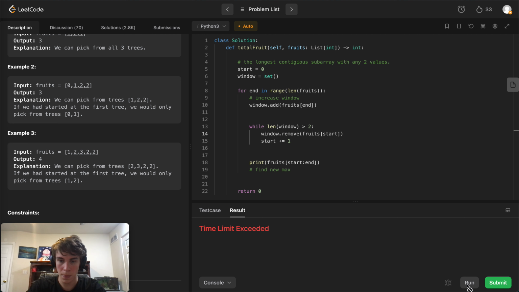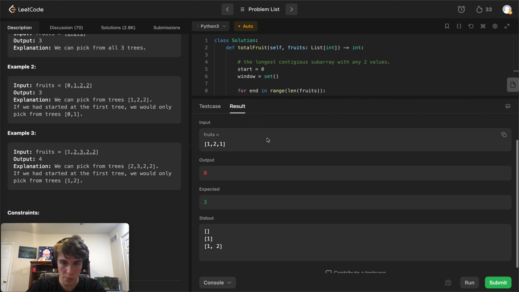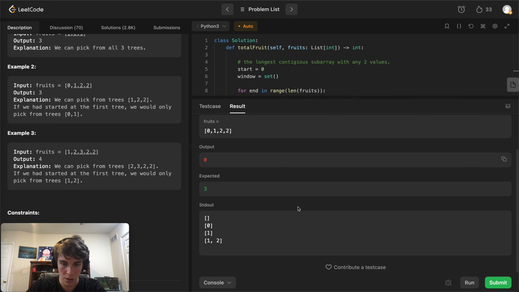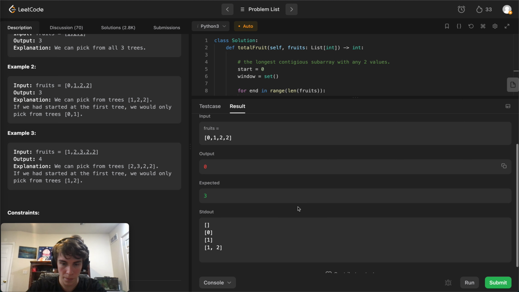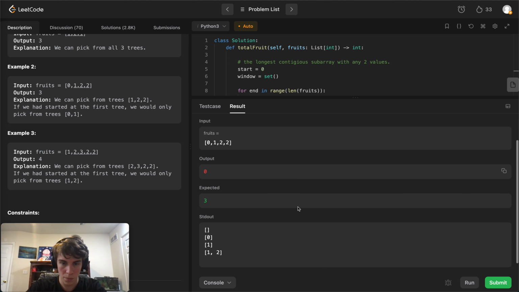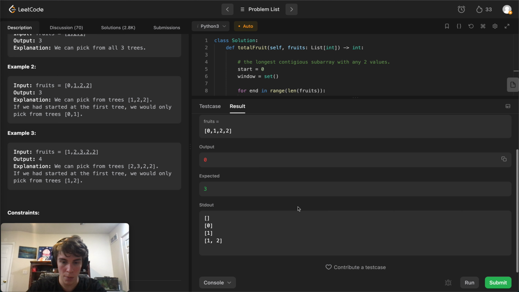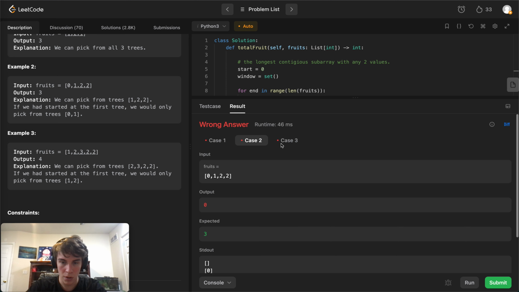Remove. Okay, there we go. So we should be sort of emulating a moving window. Except